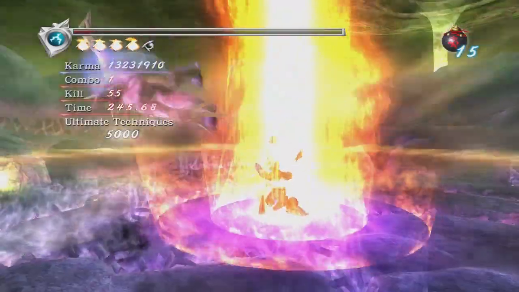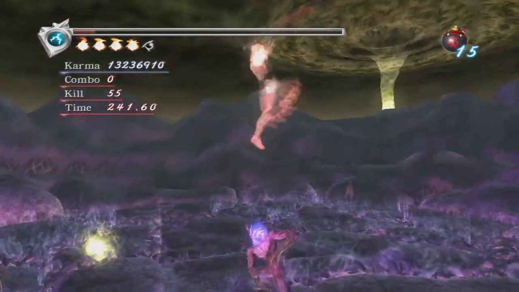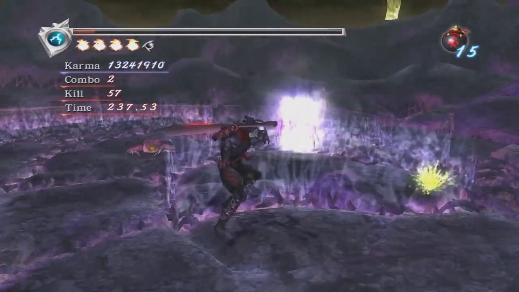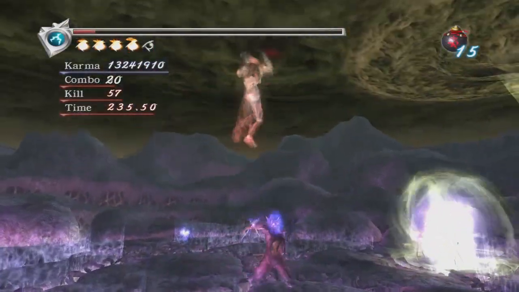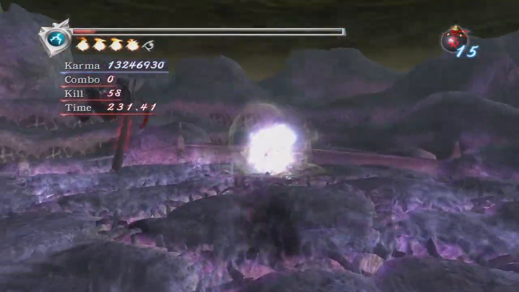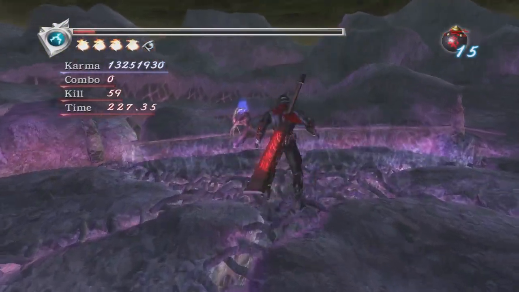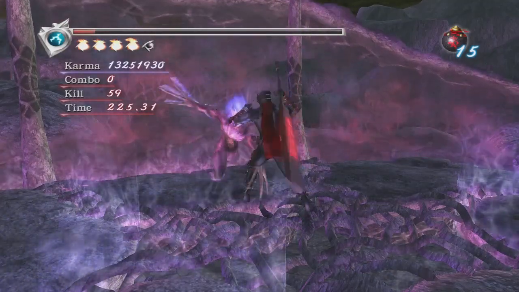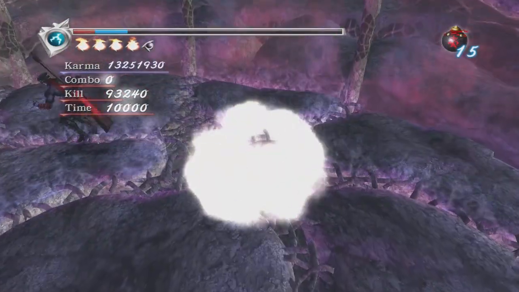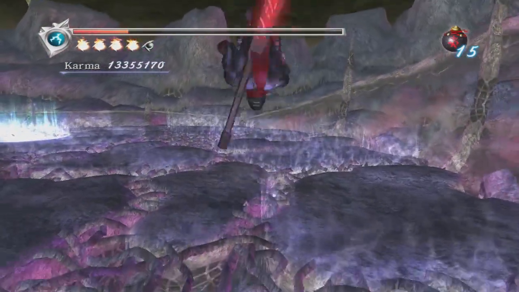The way you work out the base kill bonus of an encounter is you take the number of enemies and multiply it by 1,000, because every kill is worth 1,000 points. So in this fight, it would be a base kill bonus of 60,000 points, because there's 60 enemies, and every enemy's worth 1,000 points. You'll see it here tallied up: there's 60 enemies, but the kill bonus was 93,240, so you got an extra...